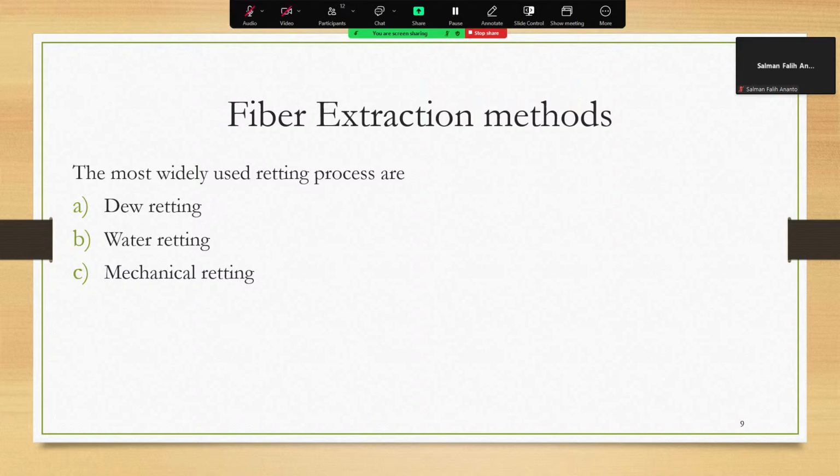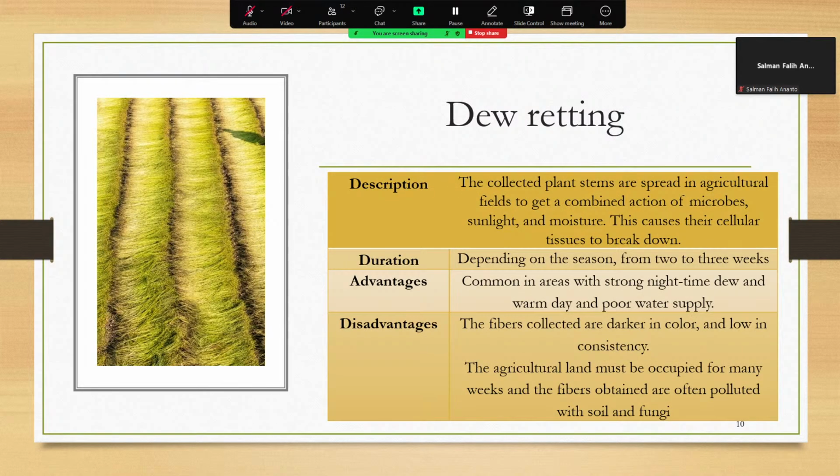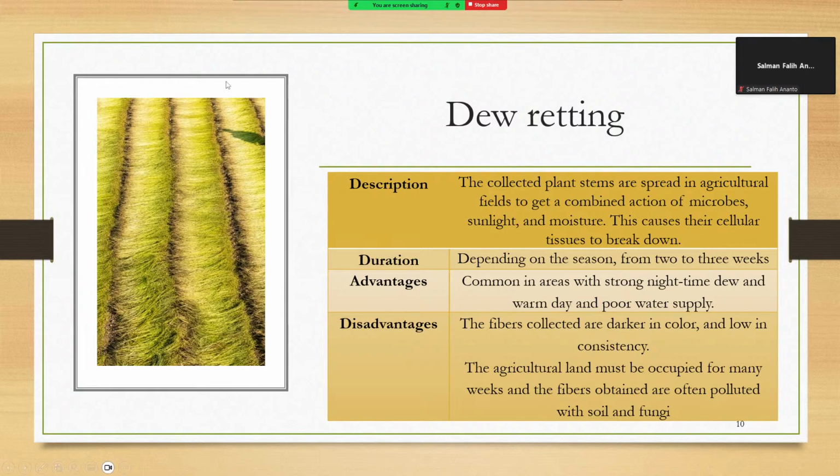This is about dew retting. In the dew retting method, that is the extraction method, the stems of the plants were cut and evenly distributed in the fields where the presence of bacteria, sunlight,